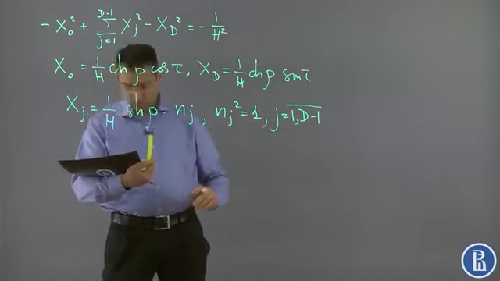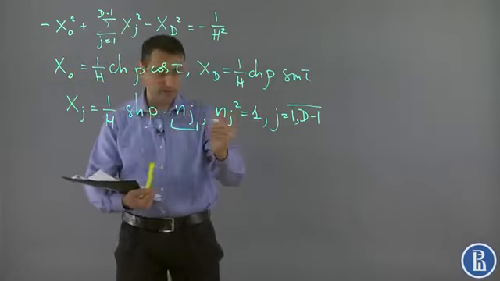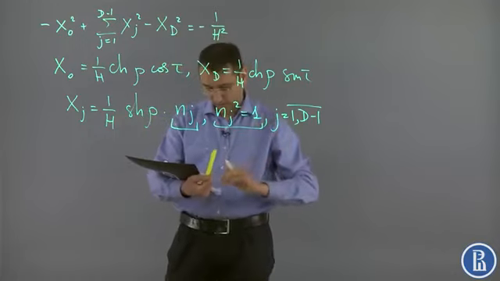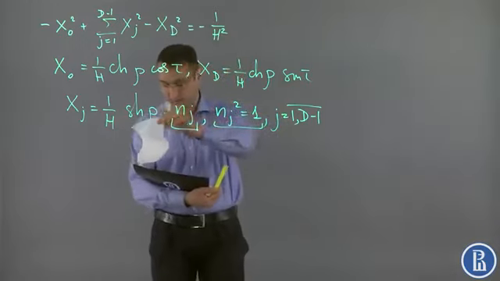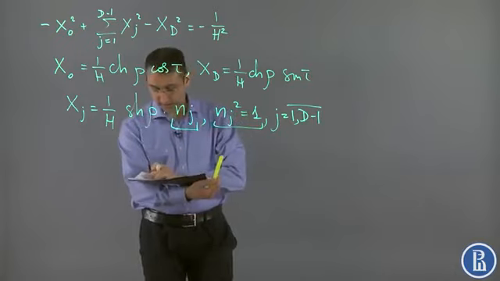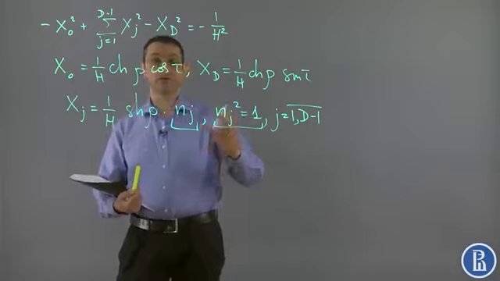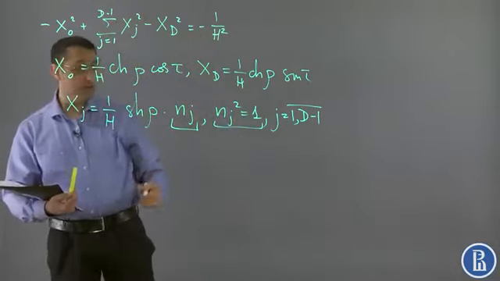This basically defines coordinates on a d minus 2 dimensional sphere. As a result, if we use these coordinates and plug them into the metric of the ambient space, we get